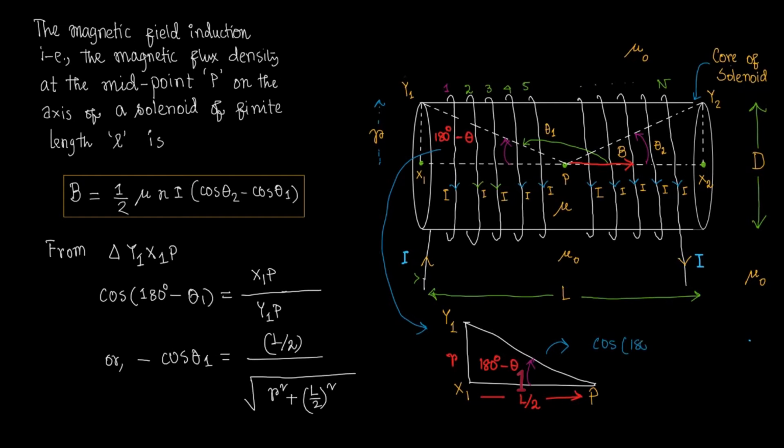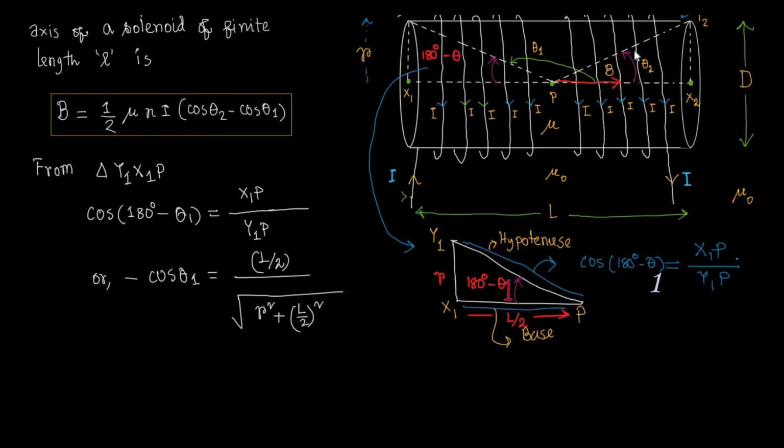Here we can write cos (180 degree minus theta 1) is equal to base by hypotenuse, that is x1p divided by y1p, where y1p is the hypotenuse and x1p is the base. Finally, we get minus cos theta 1 equal to L by 2 divided by root over r square plus (L by 2) whole square,